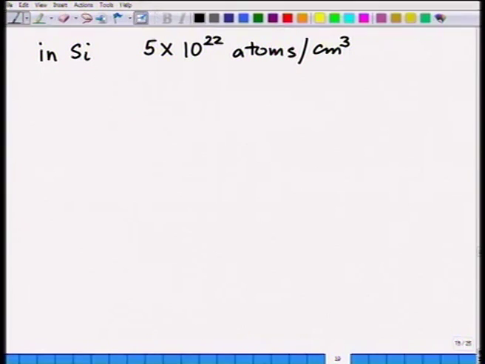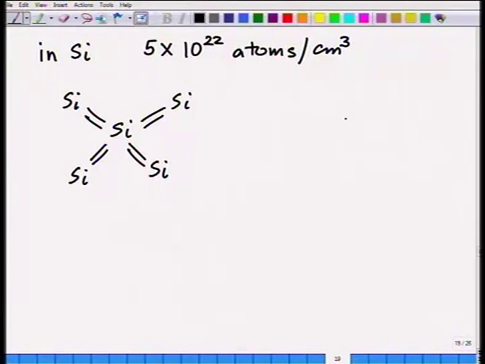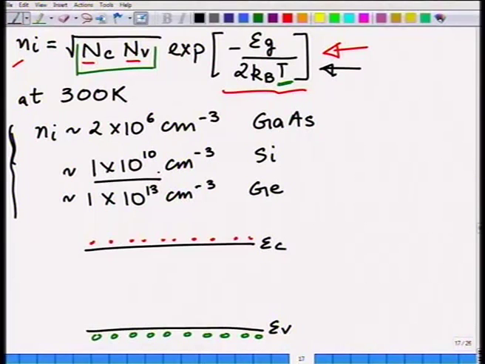Each silicon has 4 bonds with other silicon. Remember that the crystal structure for silicon was shown with tetrahedral bonding. So, multiply that by 4. That means about 1 into 10 to the power 23 bonds per centimeter cube. So, if I have this many bonds and in intrinsic conditions at room temperature I have 10 to the power 10 as the intrinsic carrier concentration, and if I think that each bond breaking leads to one electron going up here